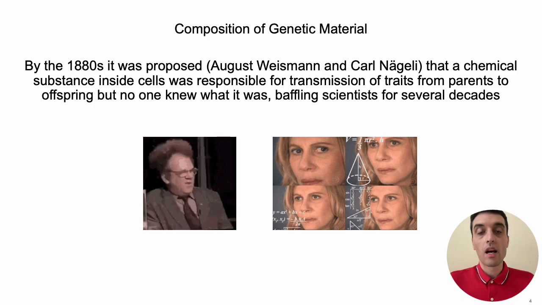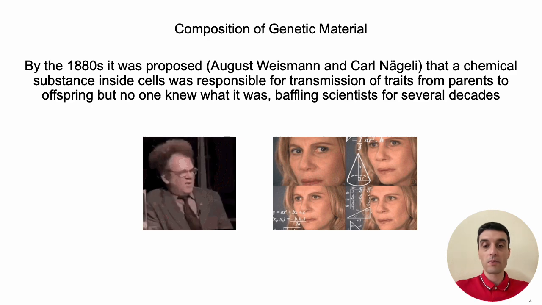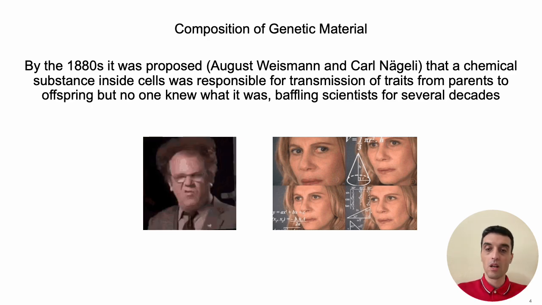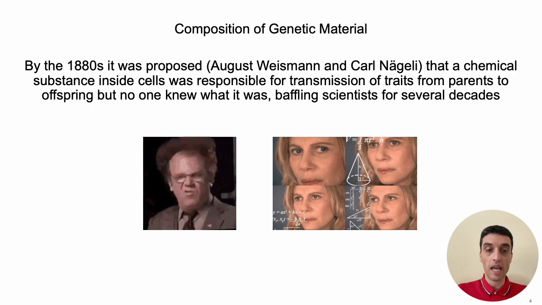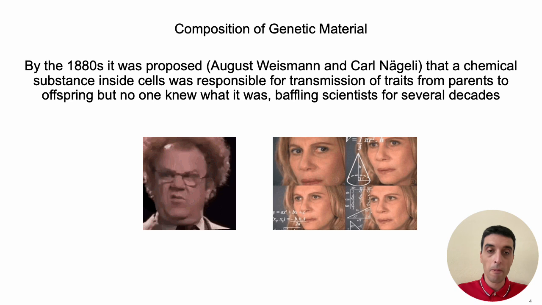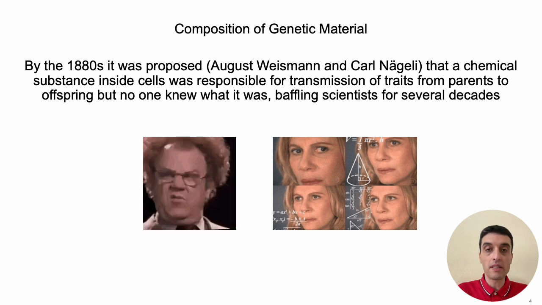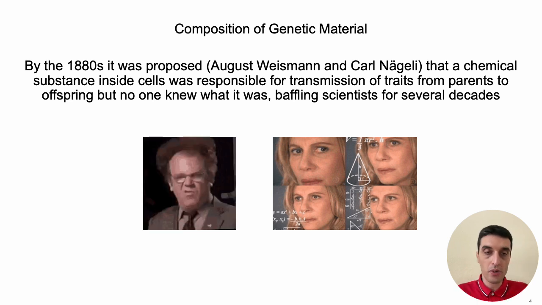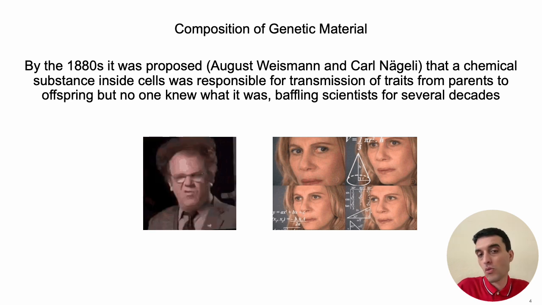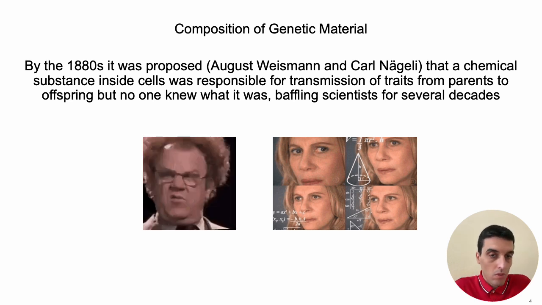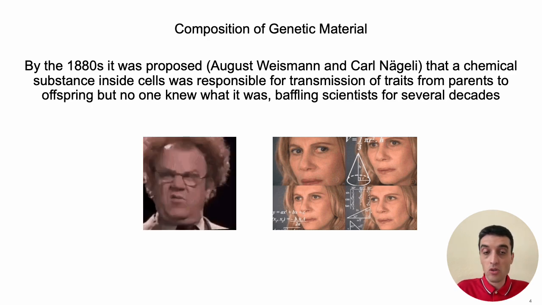So by the 1880s, two scientists, Dr. Weismann and Nägeli, proposed that there was a chemical substance inside the cells that was responsible for transmitting traits from parents to offspring. But at that time, no one knew what it was. It was a chemical. But that was good enough at that time. It was so good that